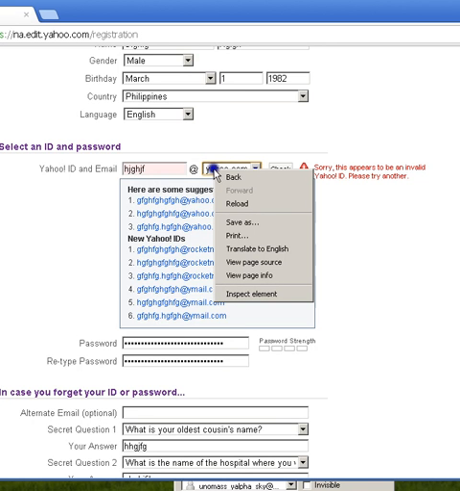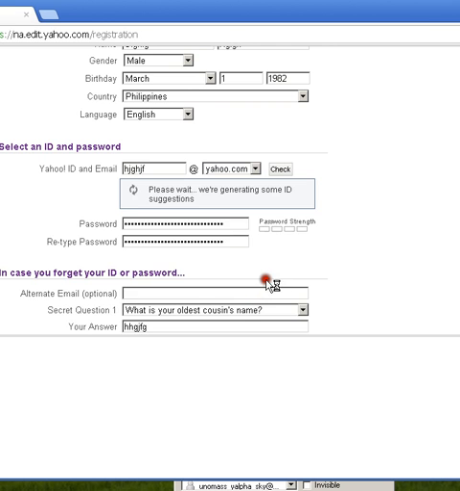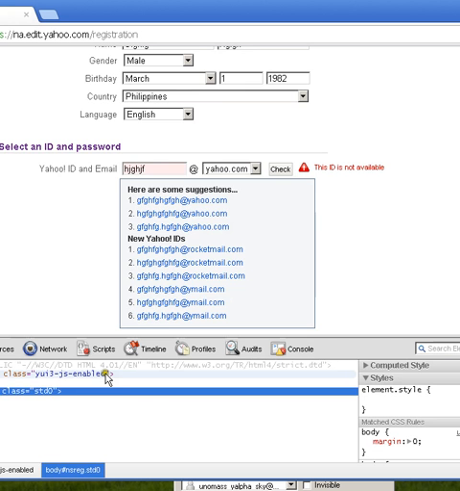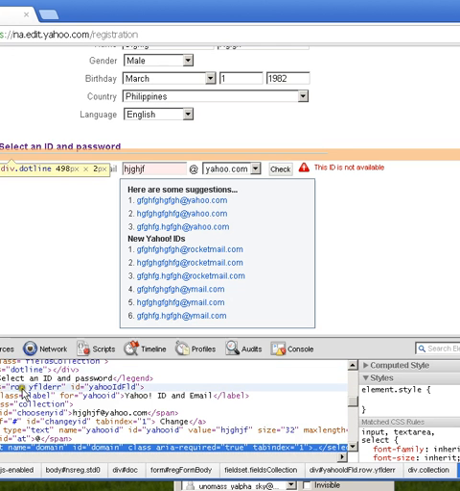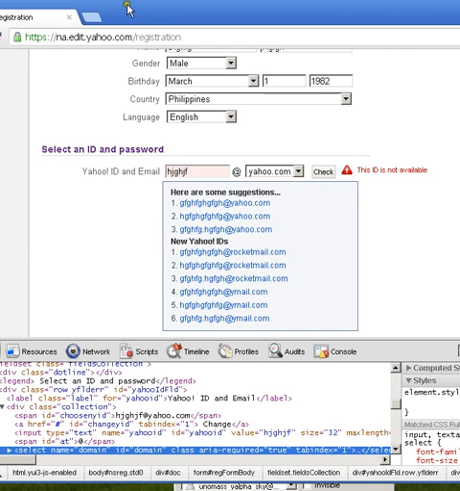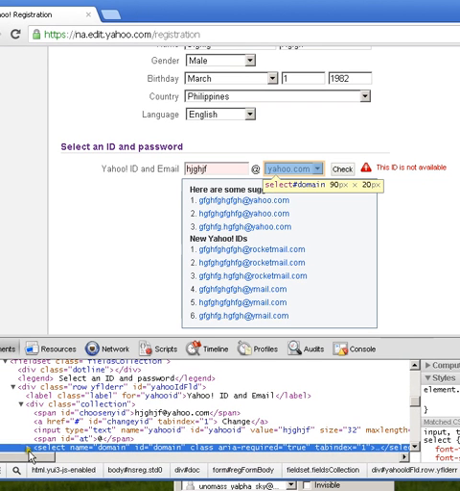So right clicking this one, right click, mouse, inspect elements, okay? After you right click and click inspect elements, let's wait. And after that, click select here.